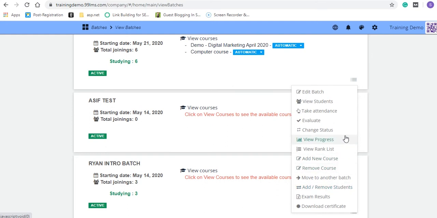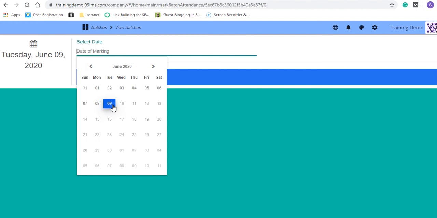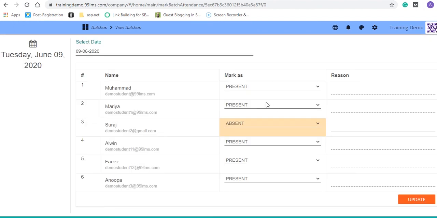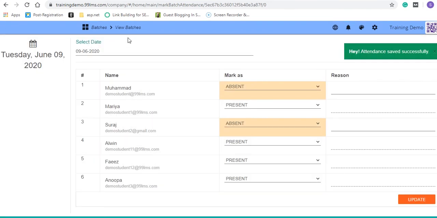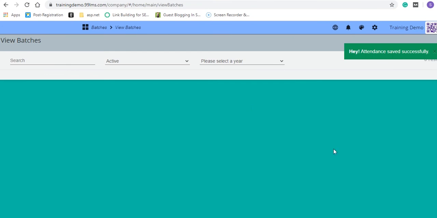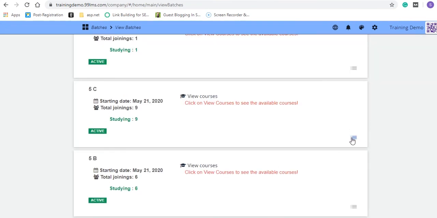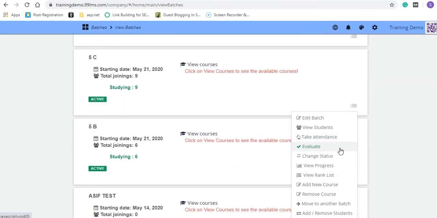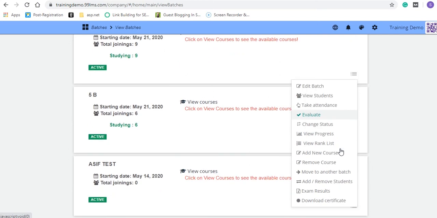And if they want to take attendance, then there is an option called take attendance. They can select the date, and by default it will be present. If they want to mark absent, they can change it to absent and update it. Then if they want to track the course progress of each student, there is an option called view progress. Just click on that,